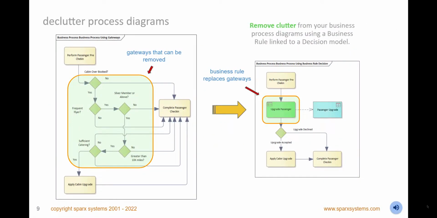Remove the clutter of gateways from business process diagrams and reduce the cost and time needed to update these complex diagrams by introducing a business rule activity linked to a decision model. Organizations struggle to keep current and future state models up to date because of the complexity caused by gateways that codify business rules. You can remove gateways and transfer the business rule logic to a decision requirements diagram using business-friendly and easy-to-maintain models.